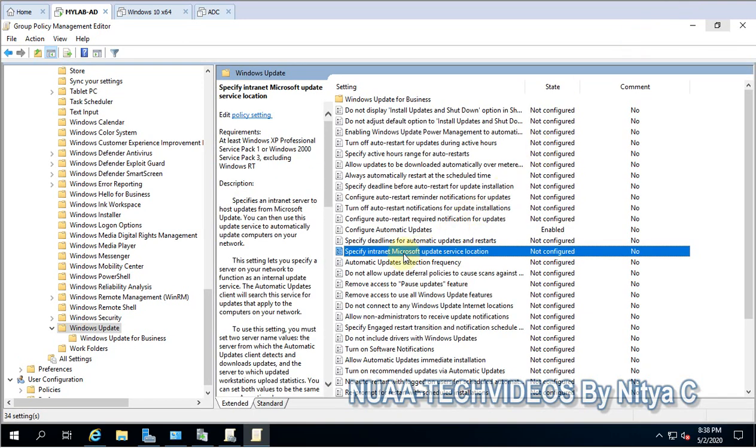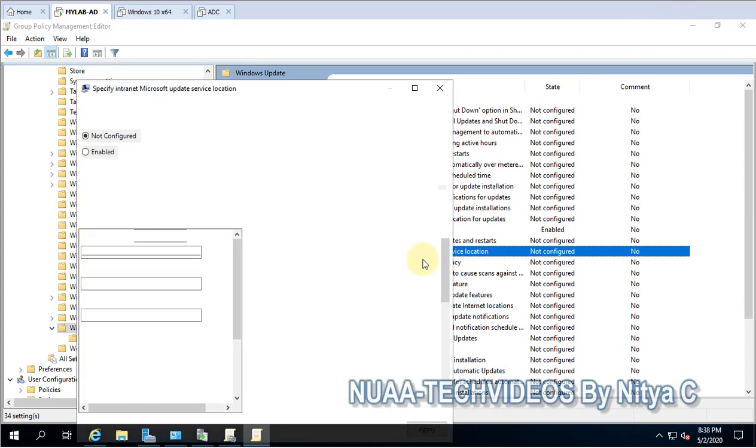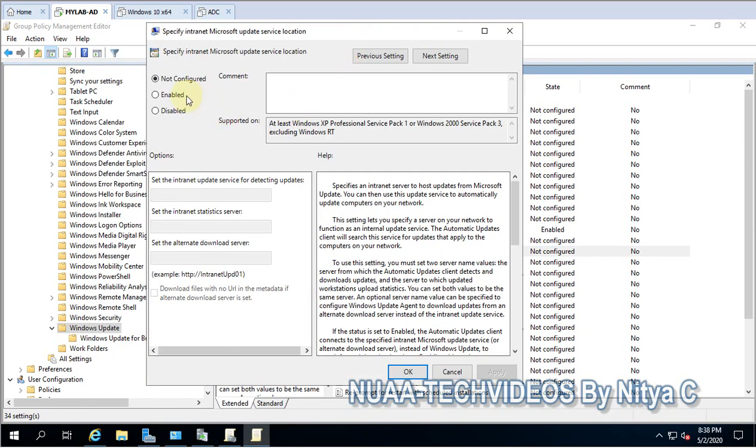The second policy, which we have to configure to point client machines to the server. Let's click on this, enable, and here my path is HTTP, then DC-1, then the domain name, then we have to give the port 8530, and the same we will copy and set for the intranet statistics server.